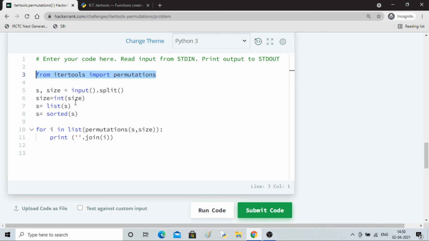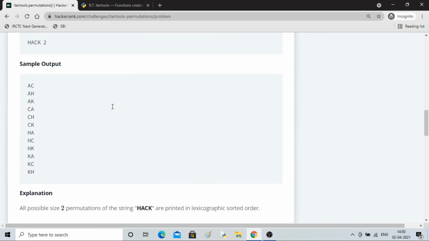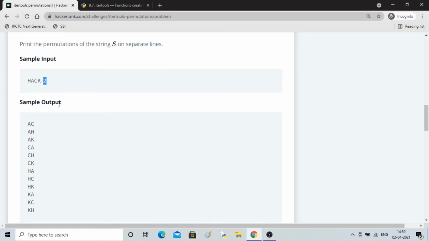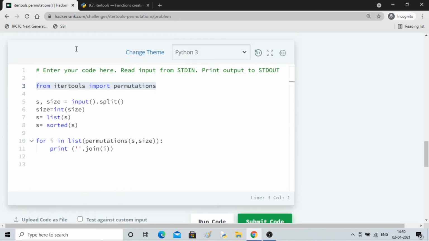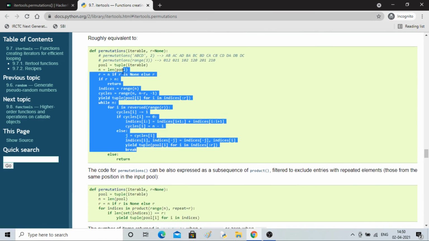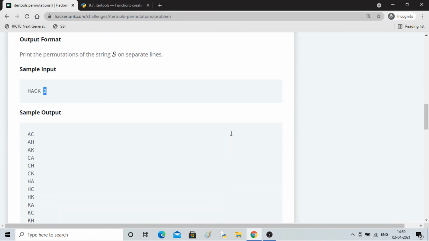So whenever you are using permutations, do use the library, because writing code from scratch will be difficult. You can see that this size is varying: 2, 3, 4, 5. You have to come up with really nice logic of maths. I think it is given here. I didn't want to go into this. I really felt it was difficult for me to understand. So hopefully you have liked this one. Let's move on to the next challenge.